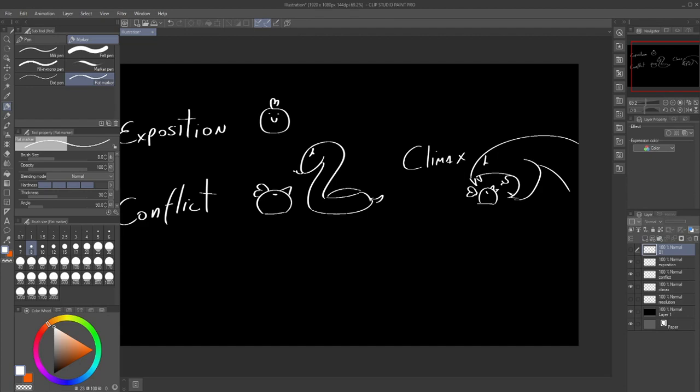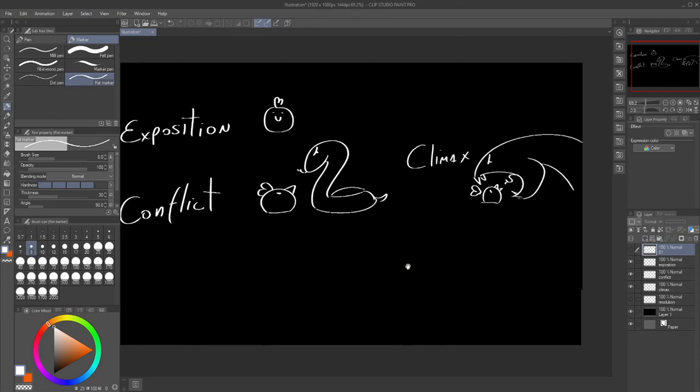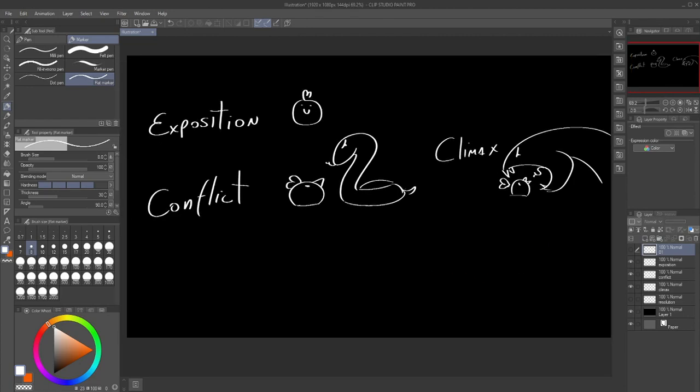Because if the snake eats the chicken, the story ends there. If the chicken runs away, maybe we can continue, but this little conflict ends, and then there's this next conflict about running away. But in this case, after the climax, which is the highest part of the conflict, the most interesting one,